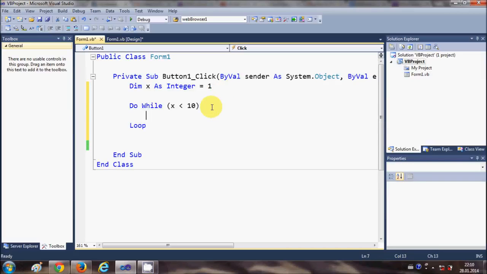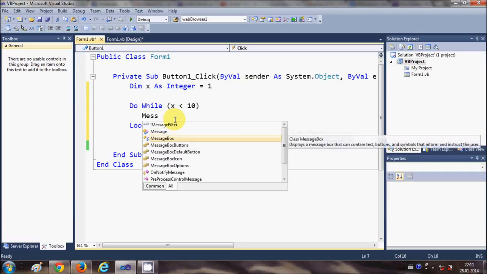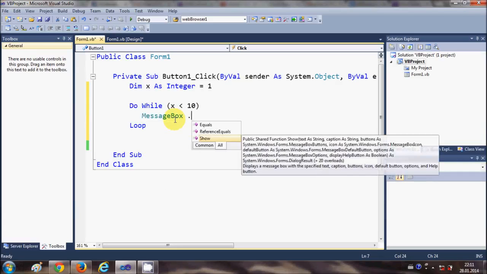When you press enter here, it will create an auto code completion called loop. And for example, if you want to print your integer in the message box, I'll write MessageBox.Show,